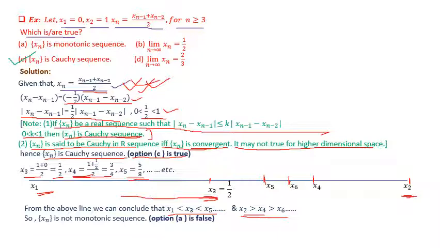So option 1, this is not true. That is, this option is an incorrect option, right? Option A is false. Now next,